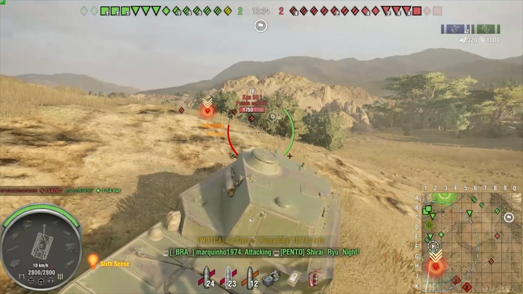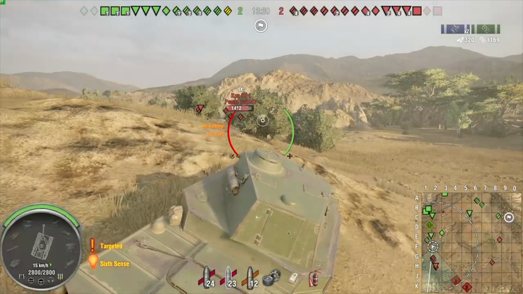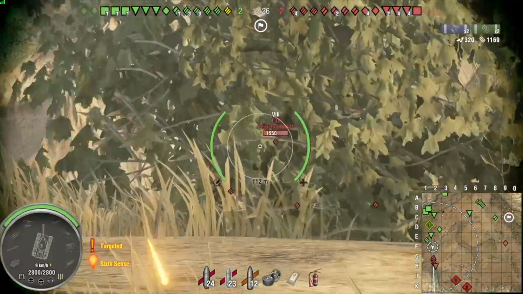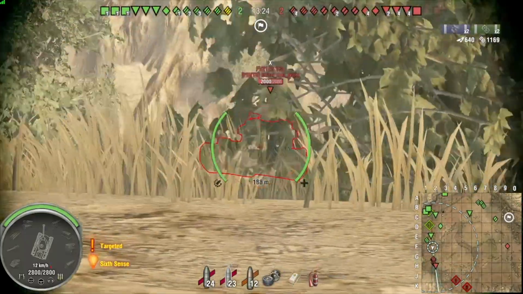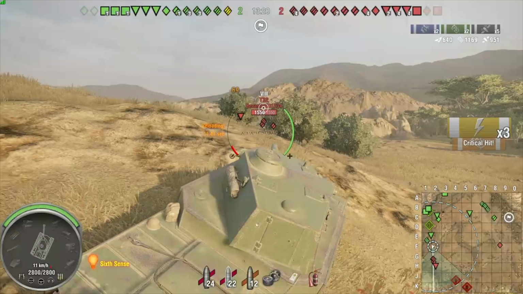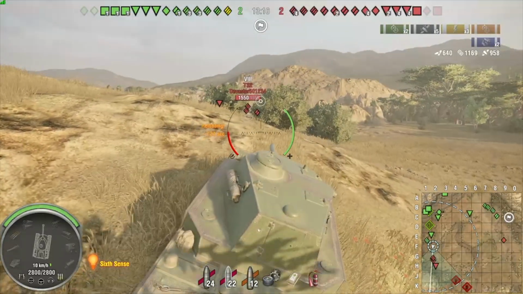Using the fantastic gun depression on the Type 5 right there to peek out, not really exposing any weak points. And as you can see, I'm scouting in a Type 5 heavy, which to me at the time was like, what am I doing? But as you can see, things are just kind of falling right into place right now. Shots are landing,